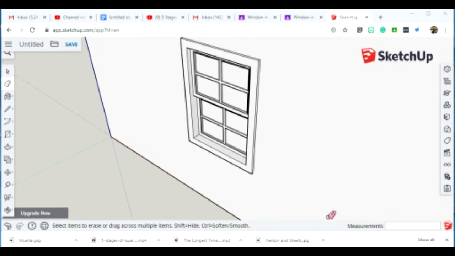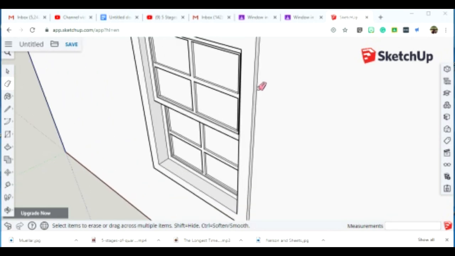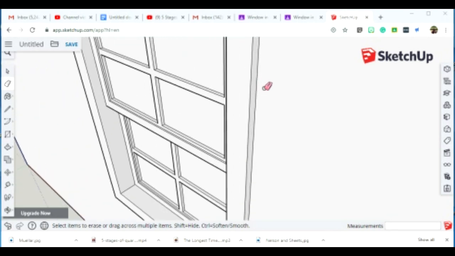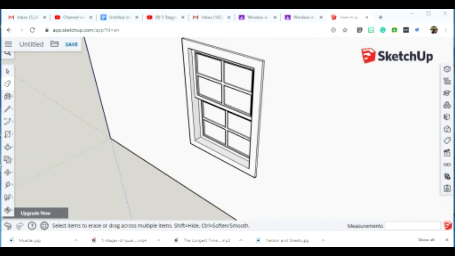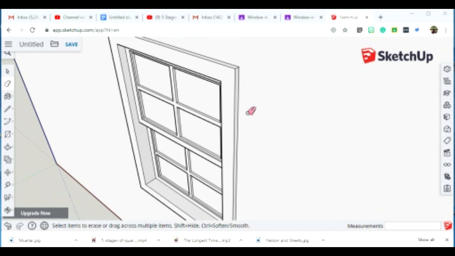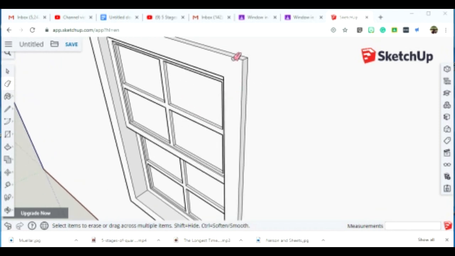Alright, so now the next step, we're going to dress this window up a little bit more. The first step is we're going to put shutters on it. Here's how I will do shutters on this particular window. I'm going to scroll in, and you can see that now that we have this frame out here, it's pulled out about 1 inch there. I'm going to take my push-pull tool,